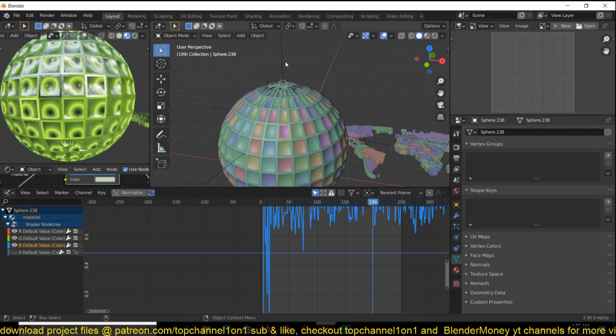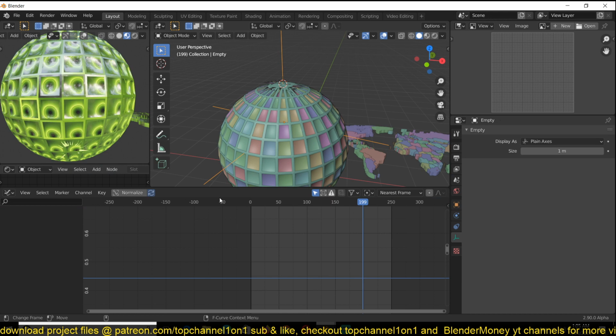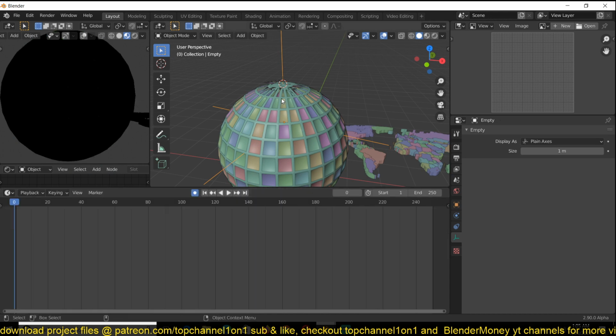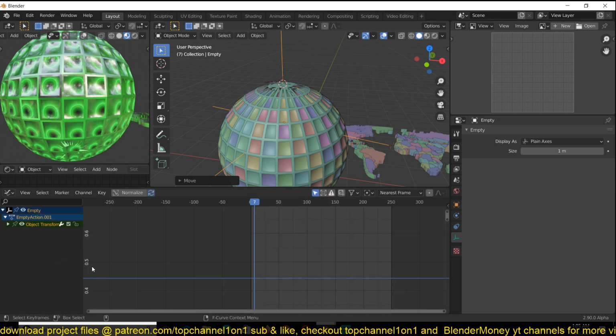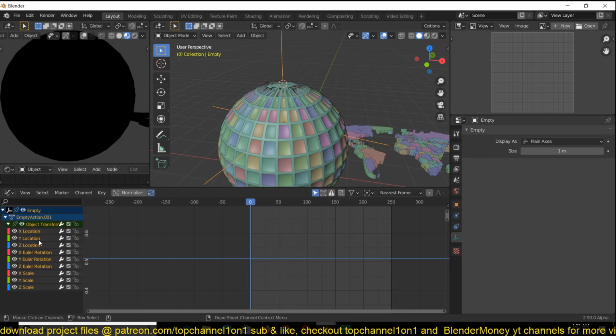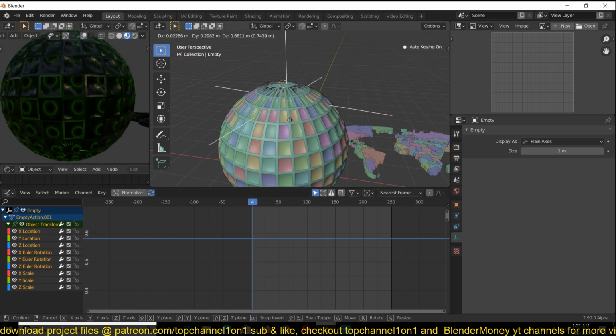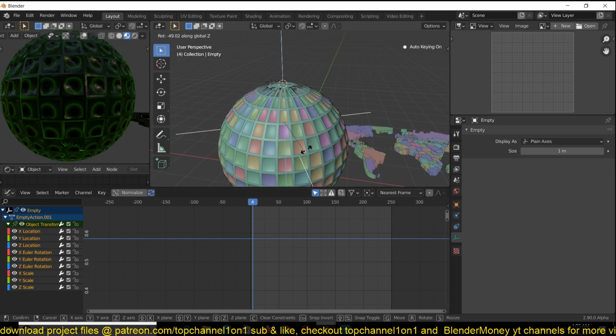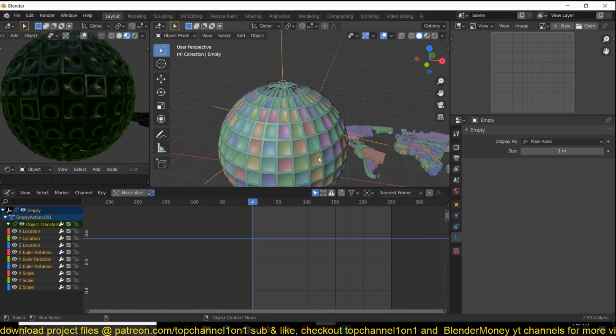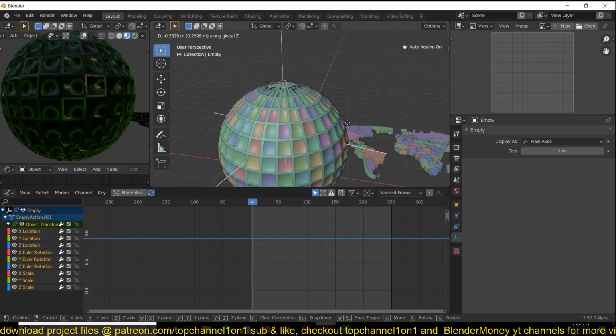I think I can also bake F-Curves for the rotation here. So I'm just going to bake, let's see, rotation X, rotation Y gives us that, Z gives us that.